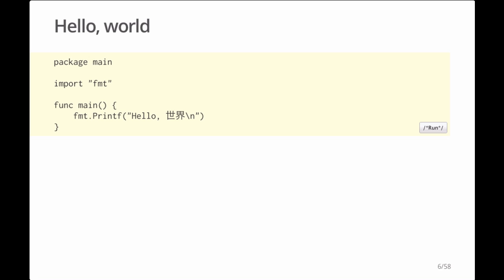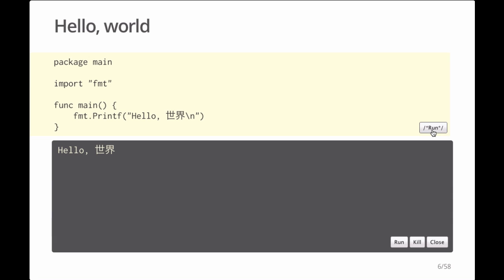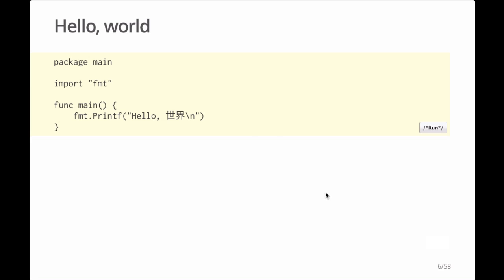So all Go programs start in the package named main, running the function named main. So if we run this program, sure enough it does what you'd expect. Now I'm not going to give a full introduction to the language in this talk, although I'll try to explain the pieces you need to understand the examples. If there's anything you don't understand or you want to learn more, I suggest visiting tour.golang.org, which is an interactive introduction to the language, or reading the language spec at golang.org. So on to this tour.